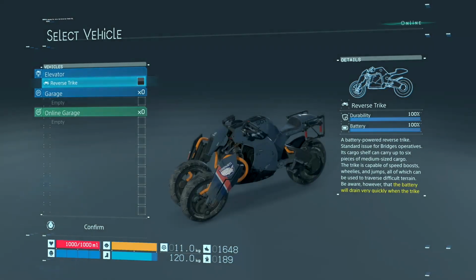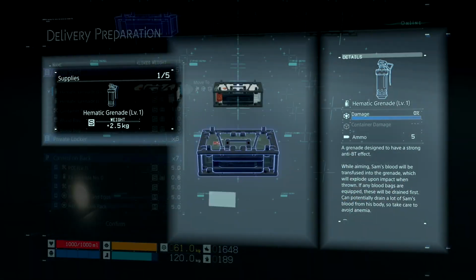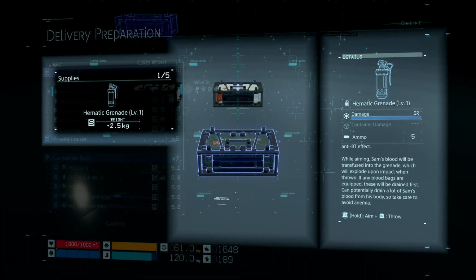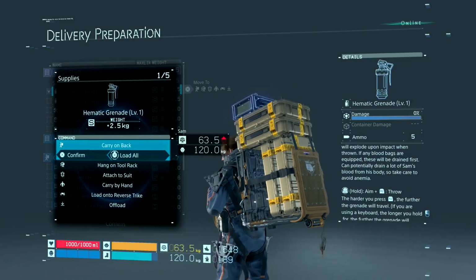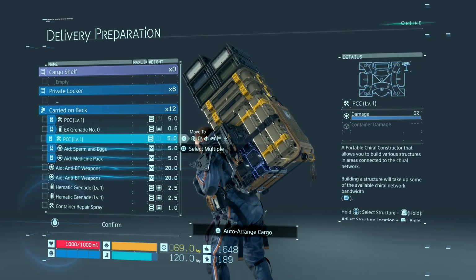And you also want to make sure you got some grenades with you. Grenades and a blood bag. And of course take a reverse trike. Normally 1 batch of grenades and 1 blood pack will be enough. I mean, if you're on harder difficulties, it might use more blood, I can't quite remember. But yes, for very easy, just 1 stack of grenades, which is 5, and 1 stack of blood will be